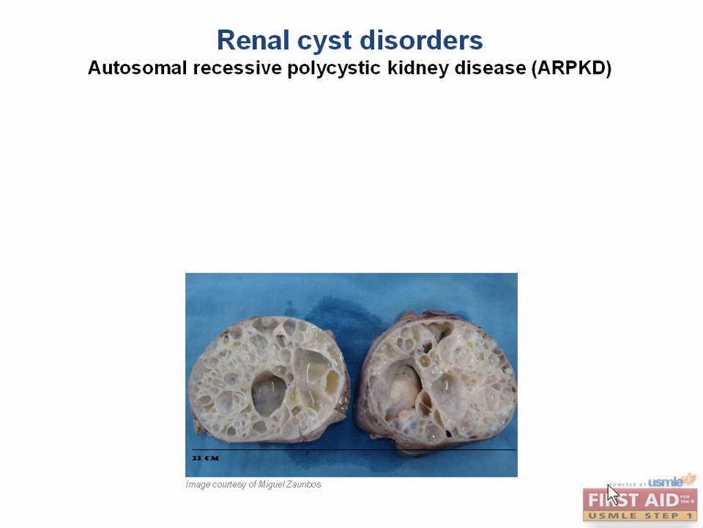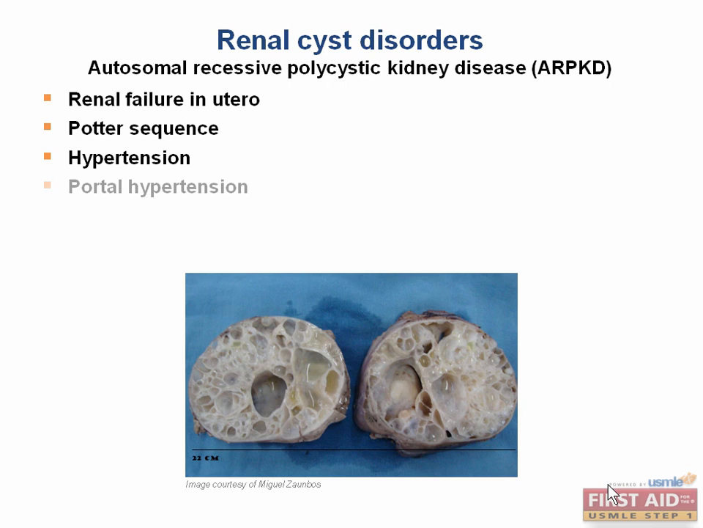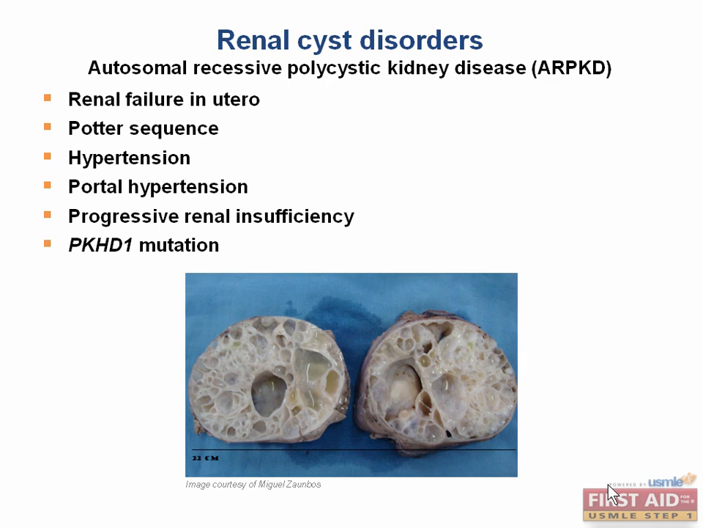For the autosomal recessive form, patients are usually fetuses or newborns. Patients can have renal failure in utero, which can lead to what problem? Correct, Potter sequence. Concerns after birth include hypertension, portal hypertension, and progressive renal failure. It is also associated with hepatic fibrosis. The mutated protein is fibrocystin, and it's involved in tubulogenesis and epithelium architecture, so mutating it can lead to disorganized